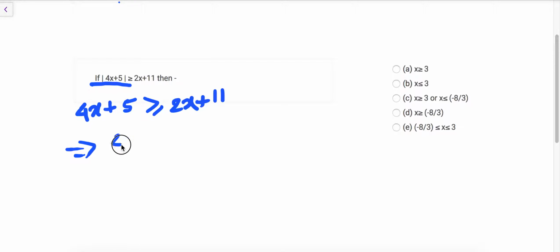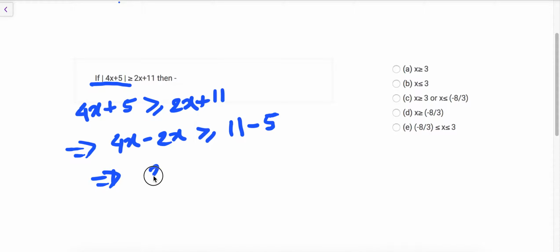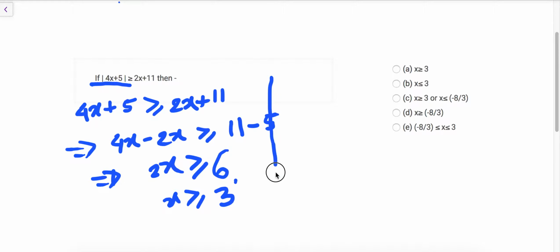So 4x minus twice x will be greater than or equal to 11 minus 5. From here we can see that twice x is greater than or equal to 6. Okay, so then x is greater than or equal to 3. So we can see that option A is true, but wait, we must check